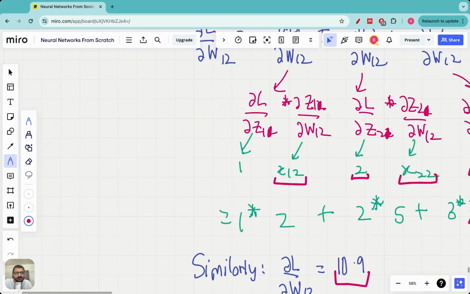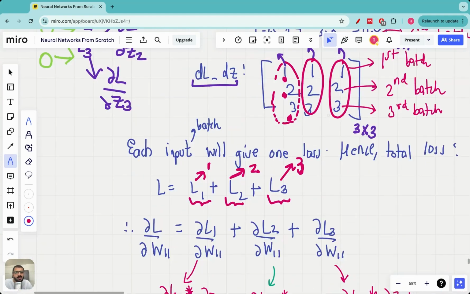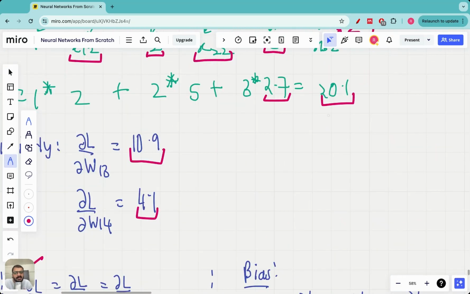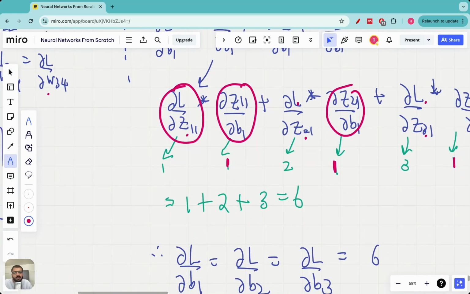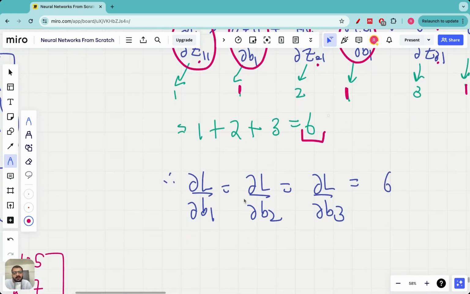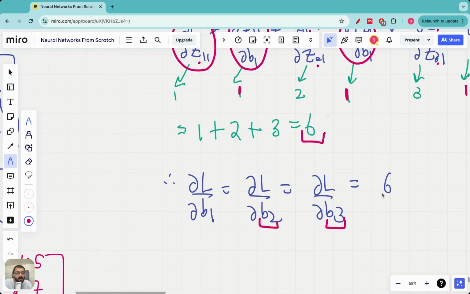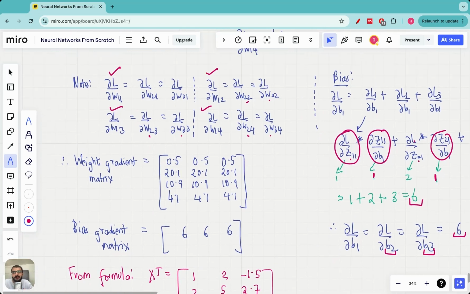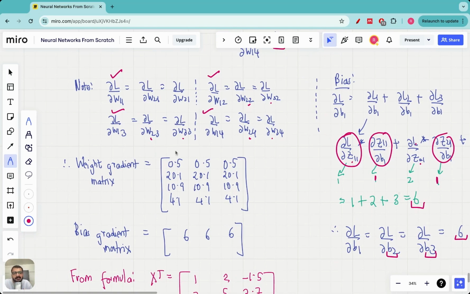In other words, since we are looking at the first neuron, we will just look at the partial derivative loss with respect to z for the first neuron, which is 1, 2 and 3, and then add them up. So the answer will be 6. So partial derivative of loss with respect to b1 is 6, and with respect to b2 and b3 also it will be 6. So now we have calculated the partial derivative loss with respect to all the weights and all